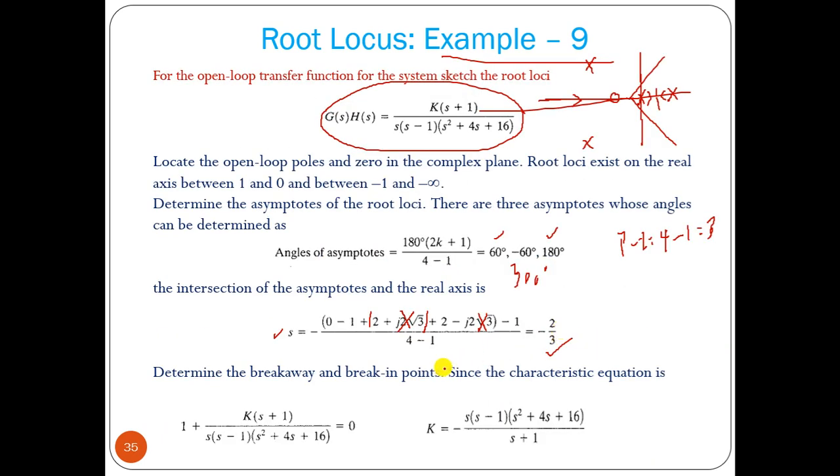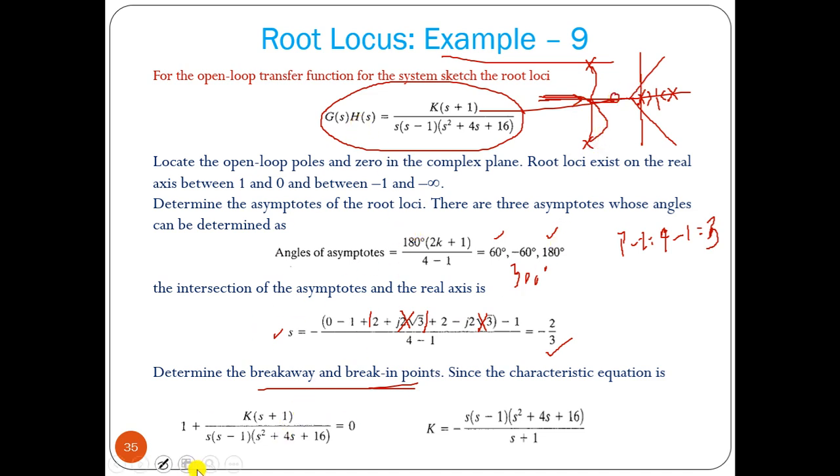So now we have to find out the breakaway, break-in point. So here we have one breakaway point, and we must have another breakaway point that should come, because 3 poles must go to infinity 0. So here 2 poles can go, here another pole should go to infinity 0, another pole should come to this 0. So this will be plotted this way, like this way. At an angle it will leave, that we have to find out. So breakaway points must be 2. That is the point now.